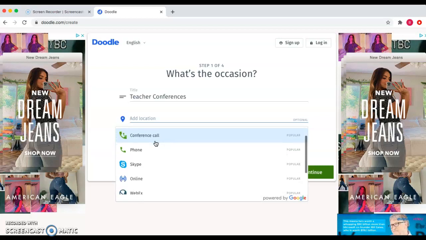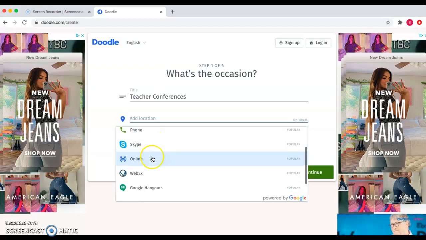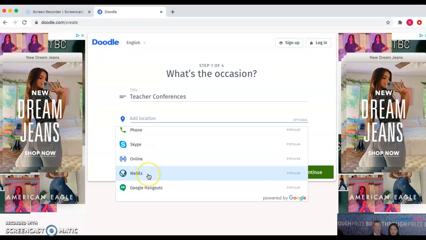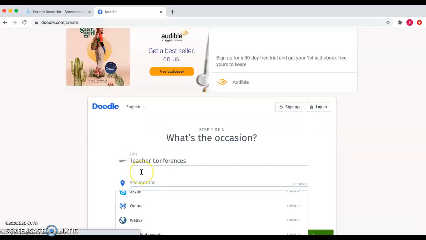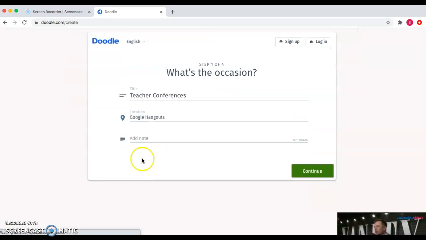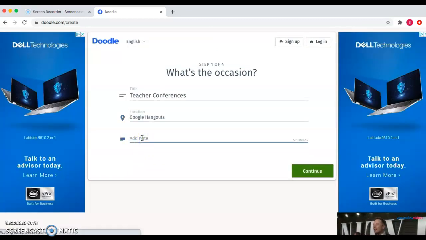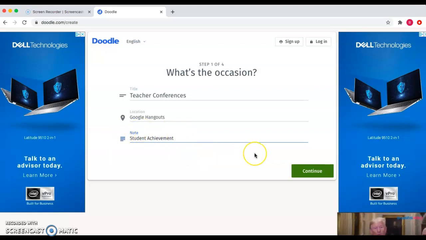You can do a conference call, phone call, Skype, online, WebEx, Google Hangouts, or Zoom. So we'll do Google Hangouts, and then if you have a note, you can just put student achievement, so like give them a little idea of what it's about. You can push continue,